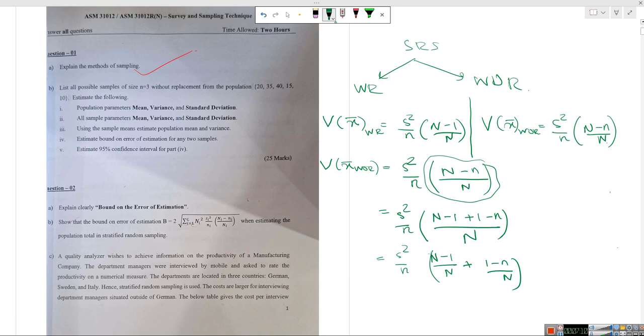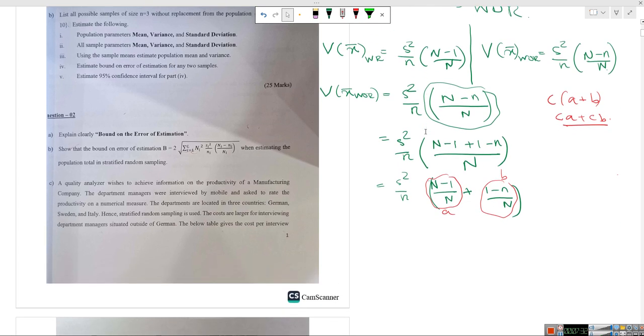Now I'm going to distribute this equation considering this as a and this as b, right? So let me take this as a and this as b. So if we have something like c into a plus b, then it will be written as ca plus cb, right? So in order to make you understand this, this becomes s squared divided by n minus 1 divided by n, right? So this is n, not w, plus,